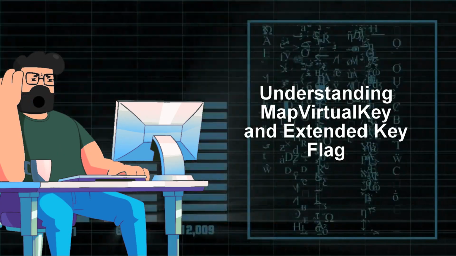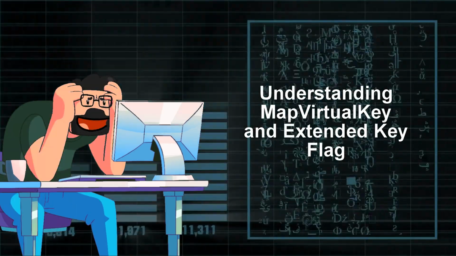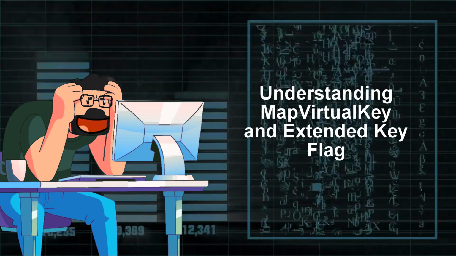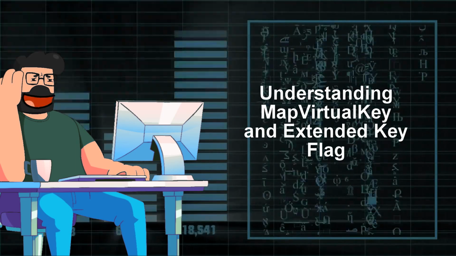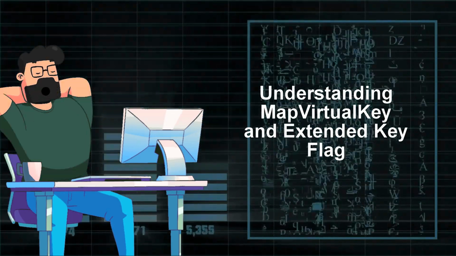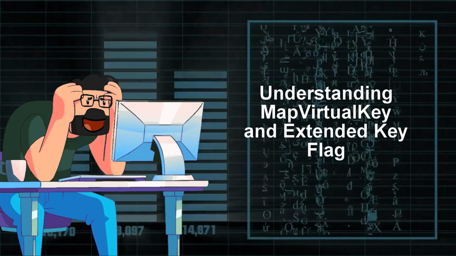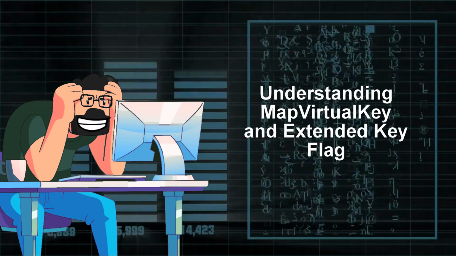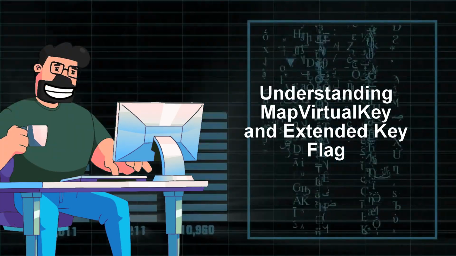Now, onto the solution. In this case, the answer lies in understanding that MapVirtualKey defaults to the non-extended version for certain keys that are shared, such as the up arrow key and numpad 8. This shared virtual key code can lead to discrepancies in obtaining the correct scan code with the extended flag. By recognizing this behavior and considering the shared key mappings, you can adjust your approach to correctly handle the generation